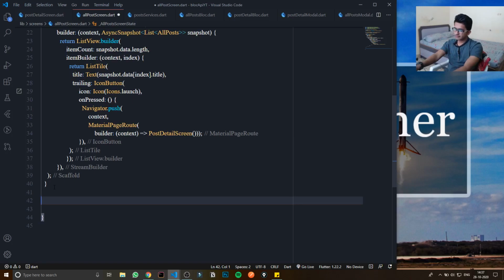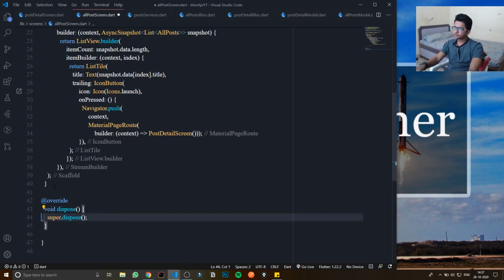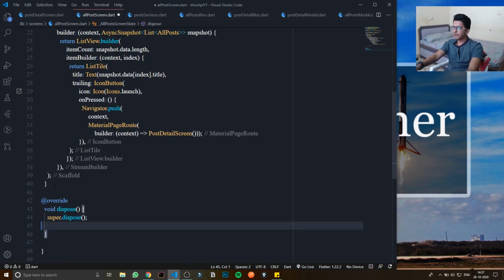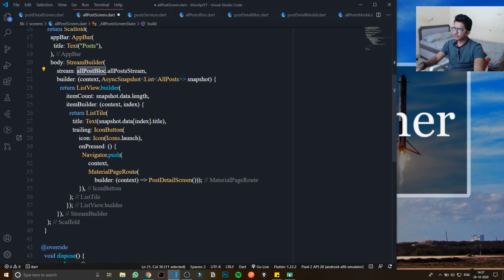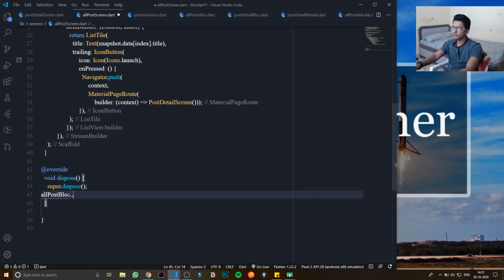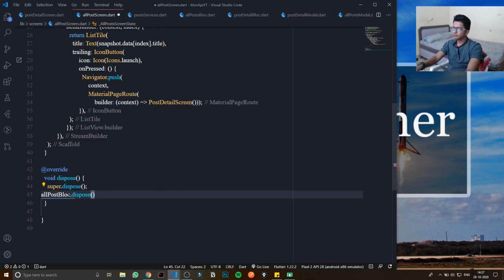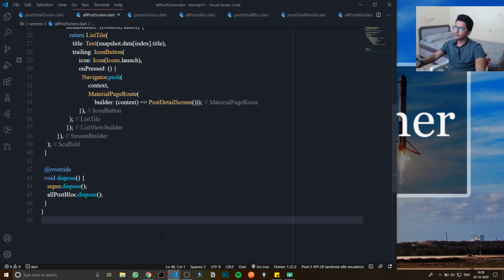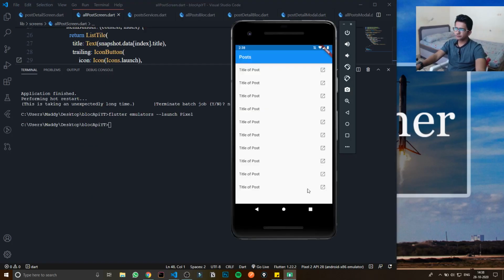So here I will call the dispose function of that widget, using this object and calling that dispose function. Okay, great. Now I can run it. So here it is.